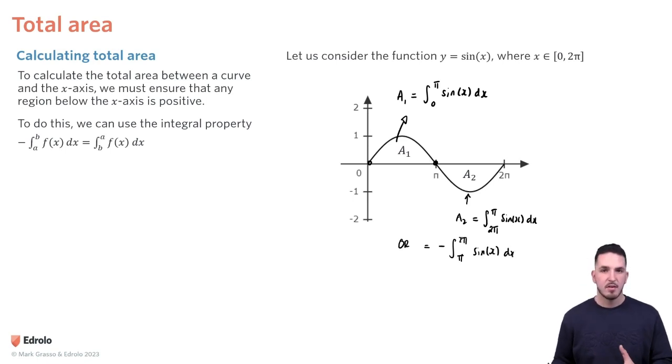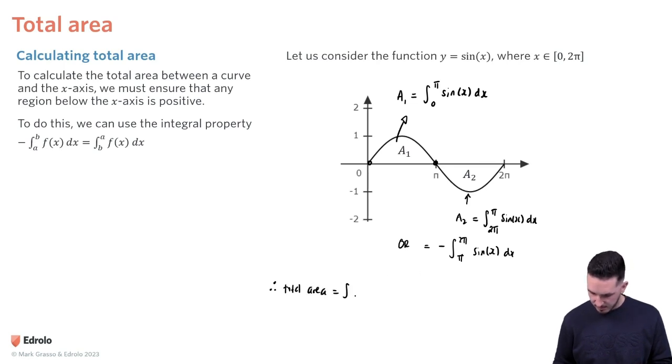Either way that you write that integral is correct, because it will make that negative solution now positive. And that way you can now add them together to get a positive solution for the total area of a1 plus a2 rather than the net signed area. So you could say, therefore, total area